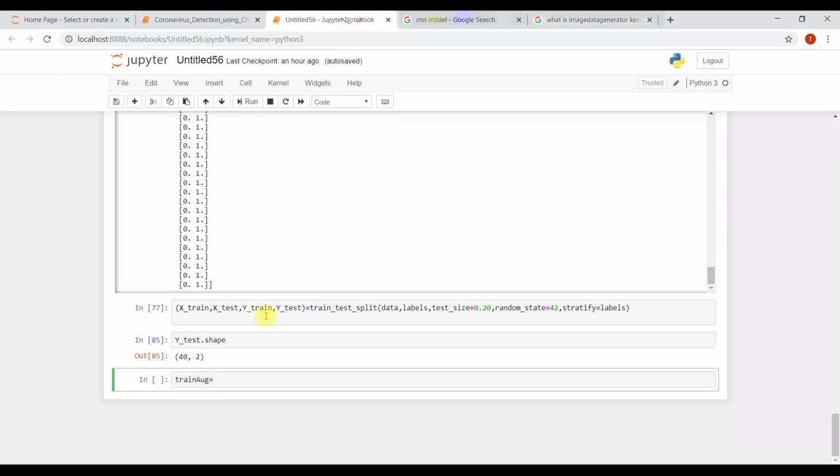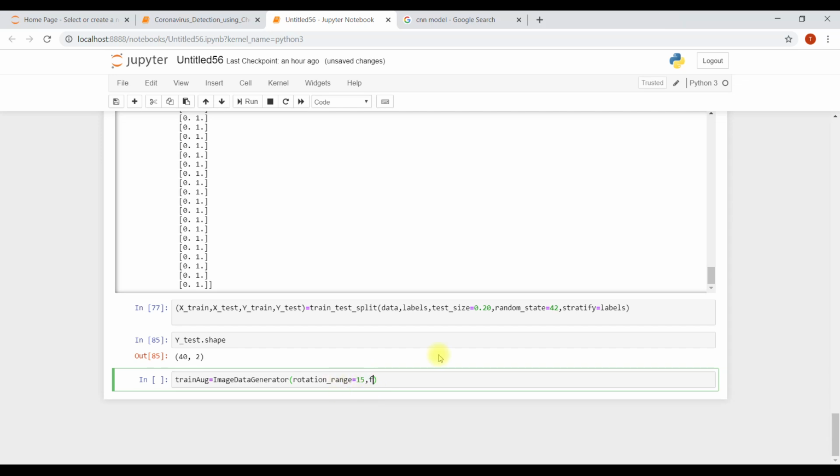We're going to create more images from one image. Rotation range is 15, which means this parameter is going to rotate every image by 15, and that rotated image is our new image. So from one image we got two images.